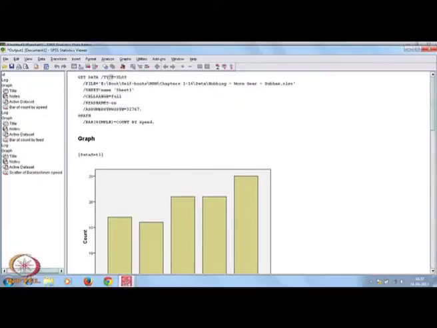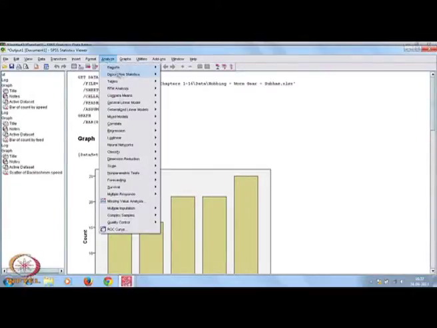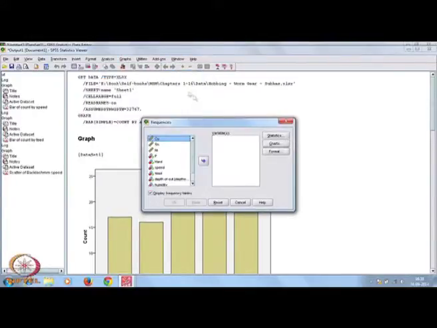Now you may be interested in finding out some descriptive statistics. For example, let it be frequencies. You can select one variable at a time, or you can select all variables by pressing the shift key.